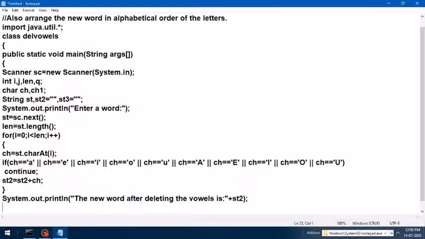Now what we are going to do, we are going to arrange the rest of the characters alphabetically. So what I am doing here, I am taking the length of the new string in q variable, st2.length. Clear? Now I will be starting the loop.